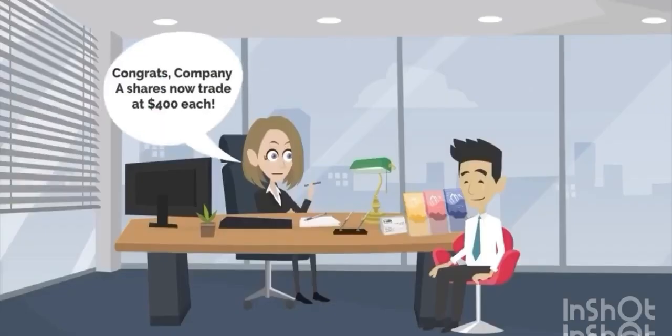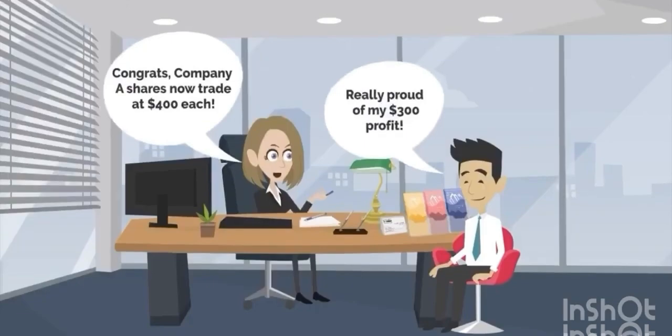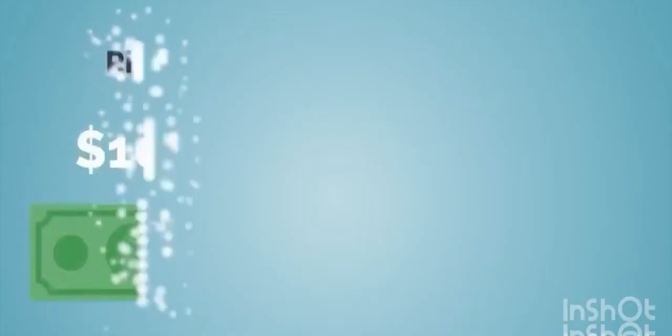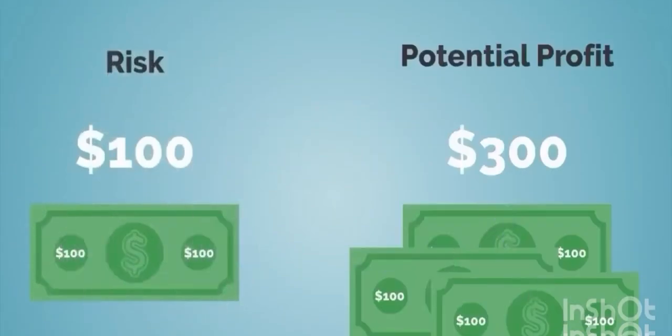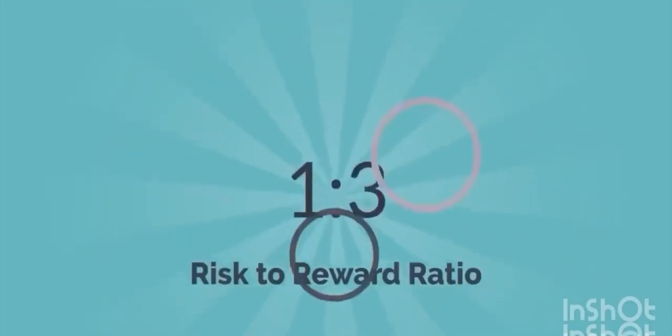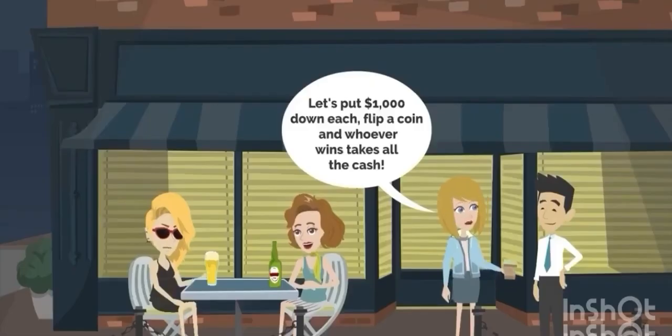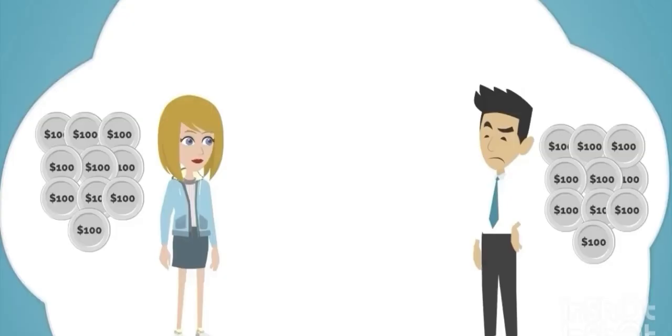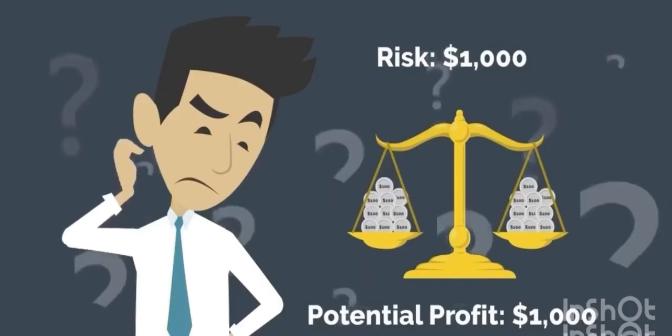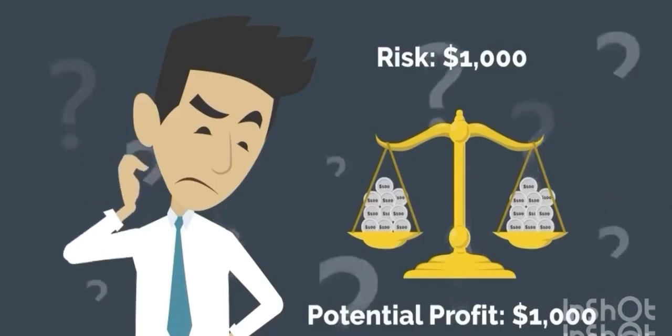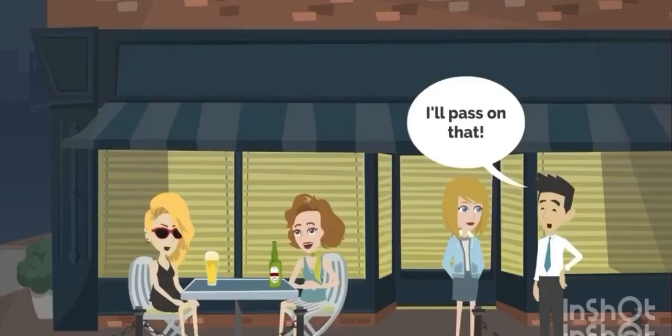and you sell, you are left with $300 after subtracting the $100 you've paid for it. In other words, you are risking $100 for a potential profit of $300, or a risk-to-reward ratio of 1 to 3. As another example, Bill's friend Rachel makes him an offer that they both put down $1,000, flip a coin, and whoever wins receives the resulting $2,000. Bill quickly realizes that he would risk $1,000 for a $1,000 potential profit and refuses, explaining that a risk-to-reward ratio